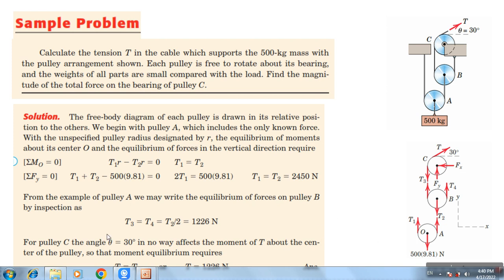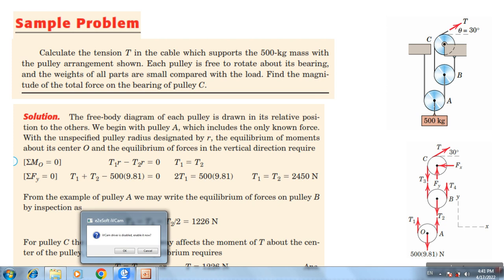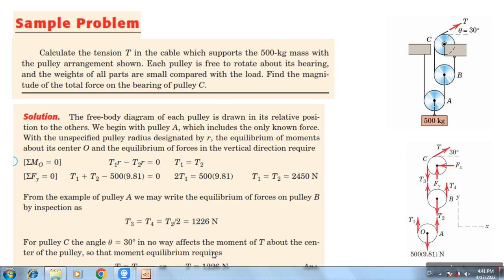Now, for pulley C, the angle is equal to 30. The angle of the T with respect to the x-axis is equal to 30. In no way does it affect the moment of T about the center of the pulley, so that the moment equilibrium requires T is equal to